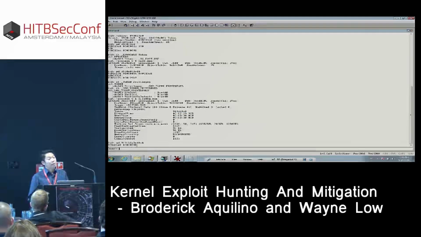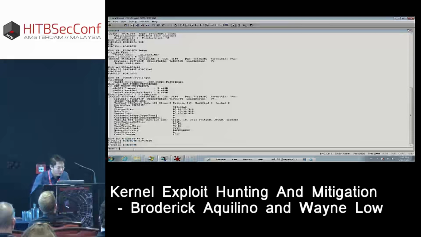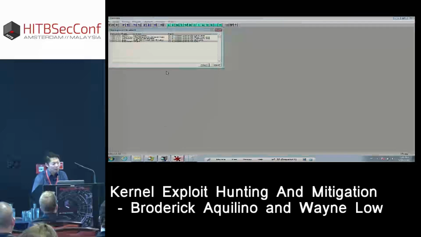The SE debug privilege field is bit number 20. That's equivalent to 100,000 hex. So in this case, we just need to OR it. Basically, that's equal to 900,000 hex. I've pre-computed it already before coming here. So now, when we go back to OLI,